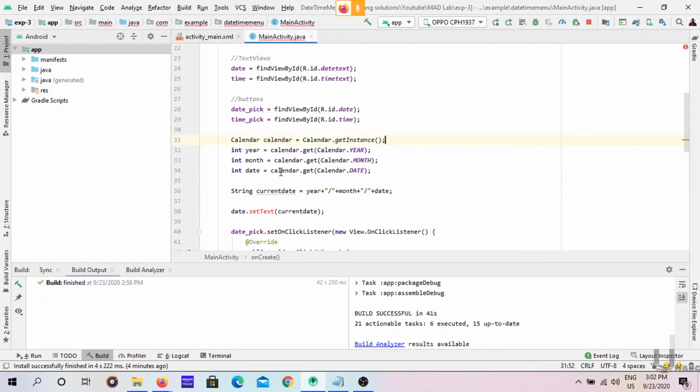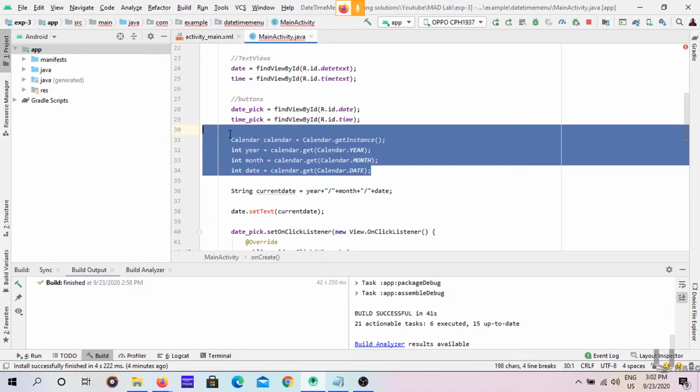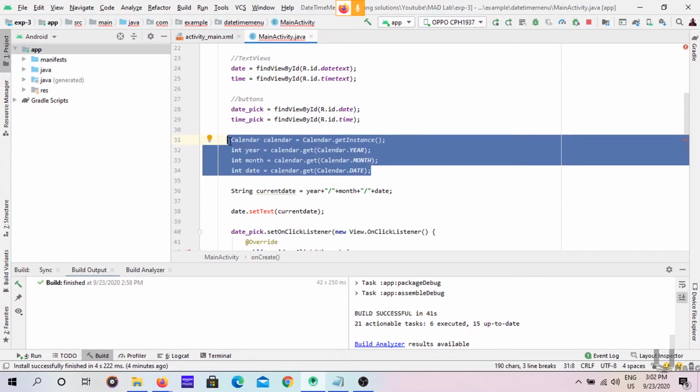These are the four lines. Let me explain with the example of the user opening the app in 2021. In that case, our previous code will be wrong. Now we are getting the data dynamically. Whenever the user opens the app in any year, they will get the correct date.